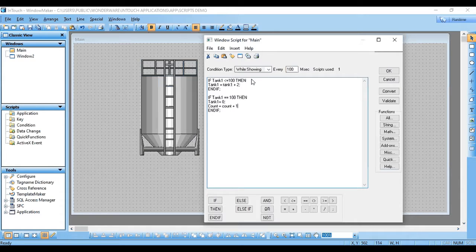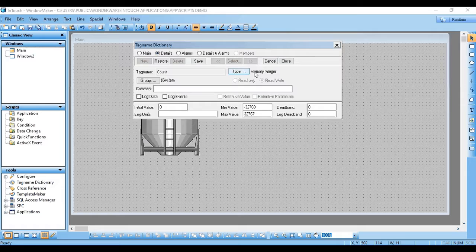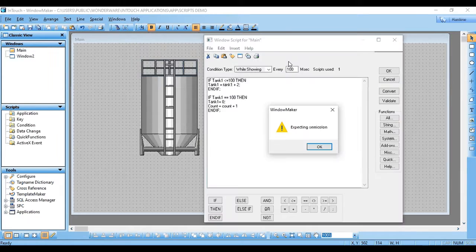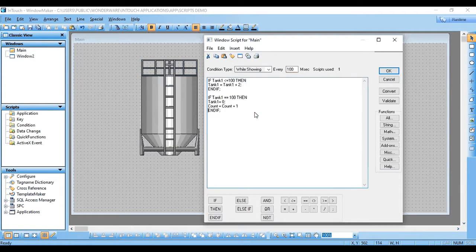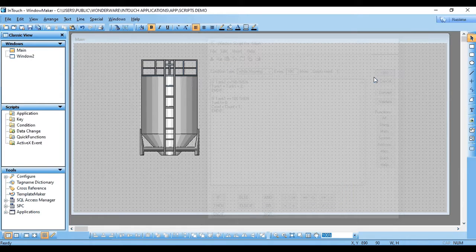So I'm saving. Now it is asking me to define the tag count, so memory integer will be perfect to count the value. I have saved. Okay, expecting semicolon, I forgot to add a semicolon. Now let's display the value of count.